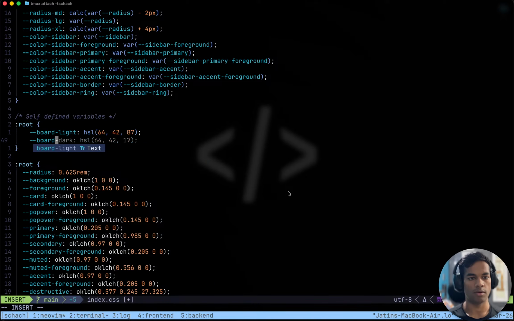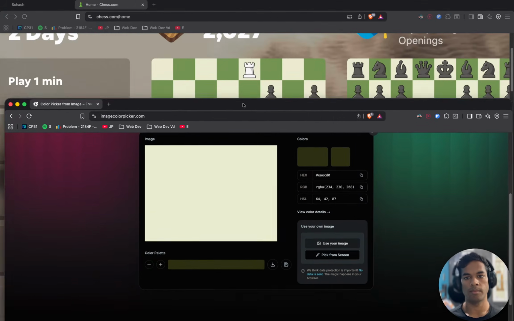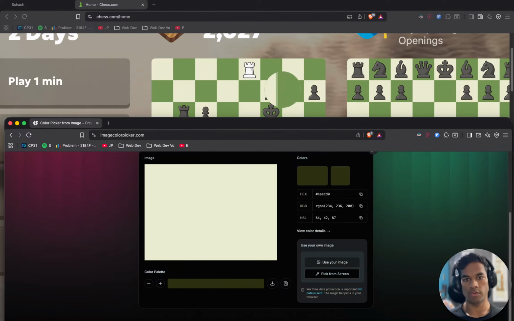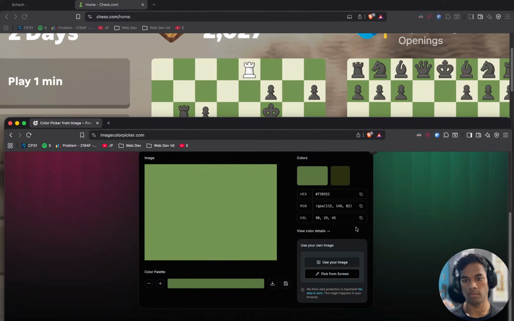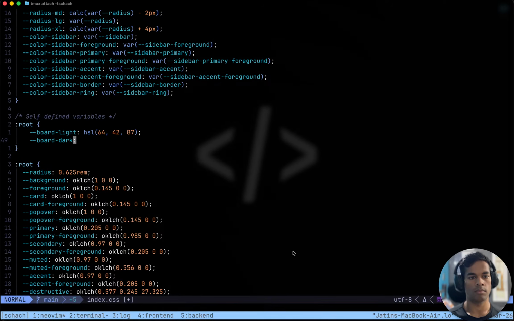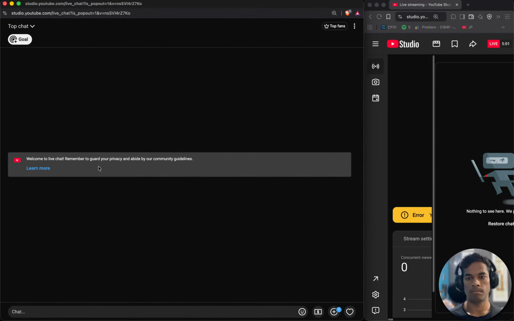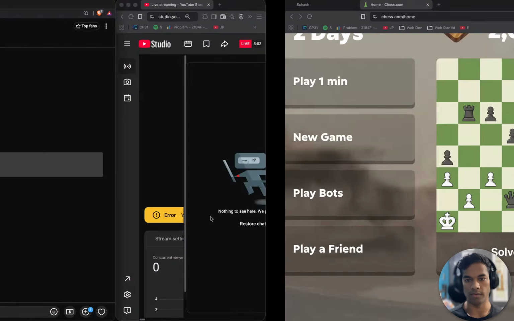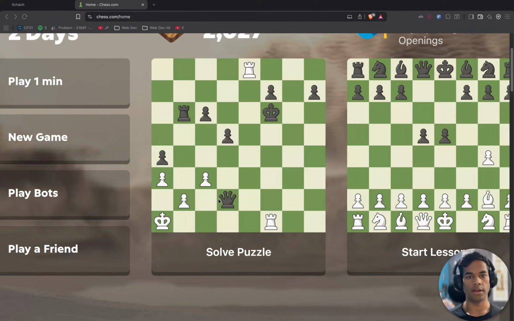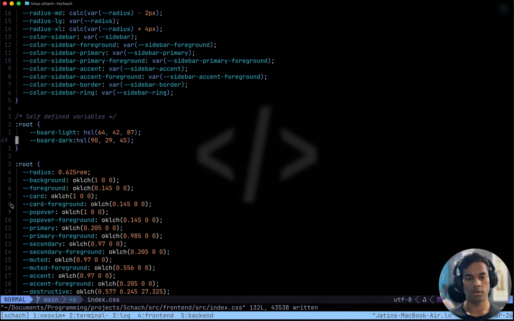This, and board dark would be pick from screen, this one. And I think we are cool. Light color and dark color. Okay, audio is cool and fine. We have the light color and the dark color.